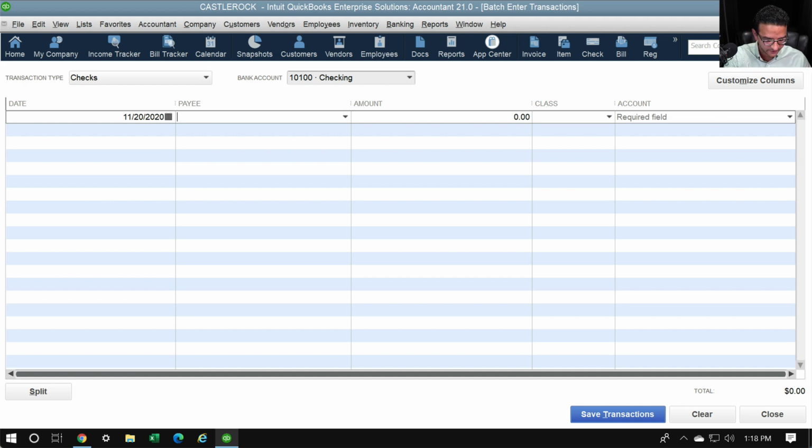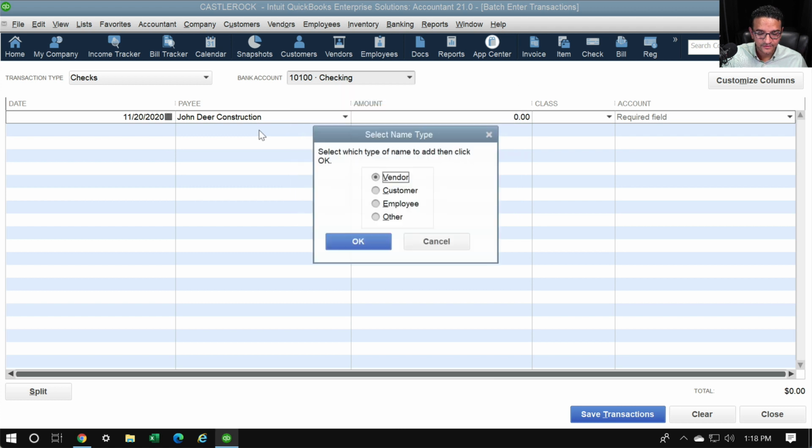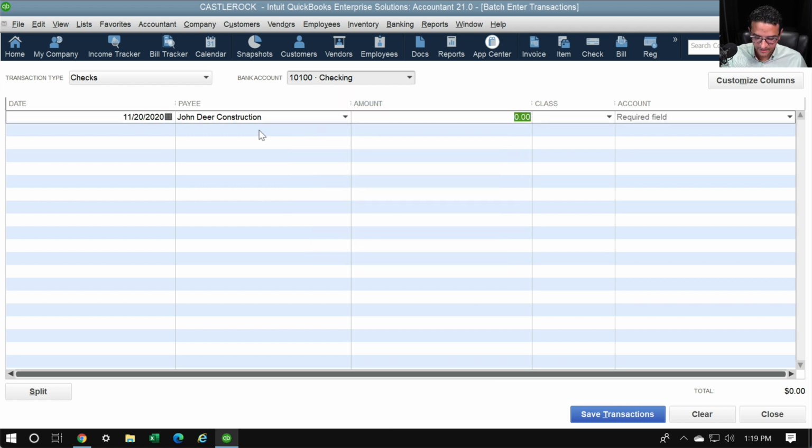I went to and I purchased some equipment from, let's say John Deere, right? So I'm going to do John Deere construction. Okay, and then I hit tab, enter, enter, and then on the amount, let's say this is $4,000, and